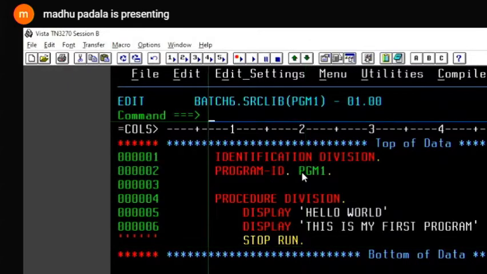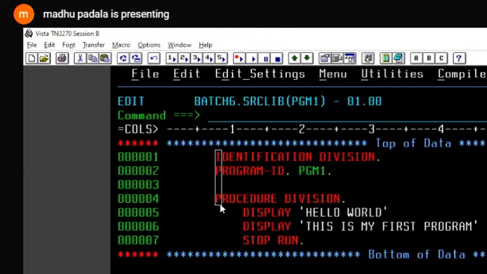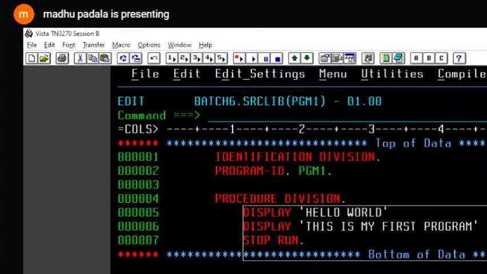My program is ready. These division headers I need to write in the 8th column, and executable statements we need to write between the 12th and 72nd columns, so we can write anywhere there.